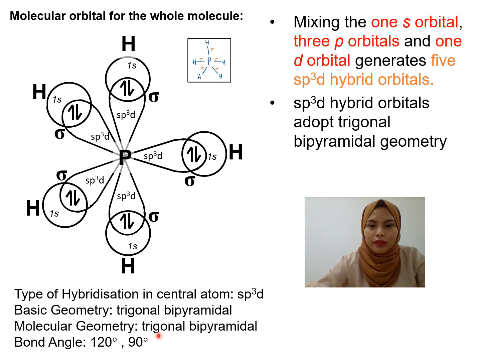Molecular geometry pun trigonal bipyramidal, and the bond angle will be 120 degree and also 90 degree. So make sure you lukis carefully untuk buat bentuk trigonal bipyramidal ni. Okay,